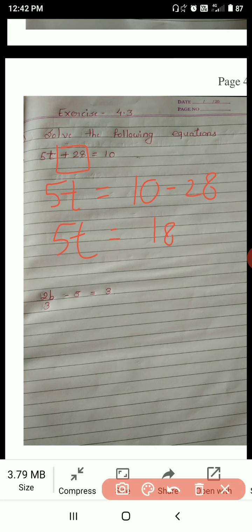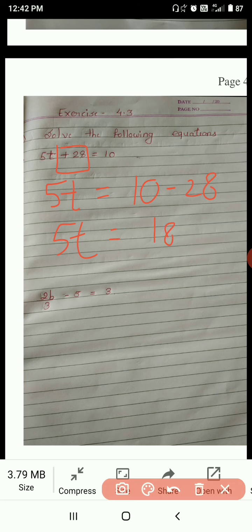Now see the sign of the bigger number. Which is bigger, 10 or 28? Take it as a whole number. Okay. Consider it as a whole number. So 10 and 28 both are whole numbers. Then which is the bigger number? 28. So the sign of 28 is minus here. So put minus before the 18. In subtraction, we are always using the sign of the bigger number.